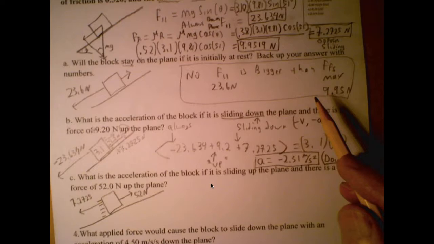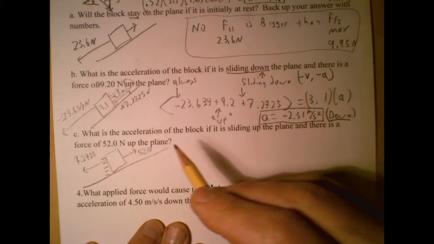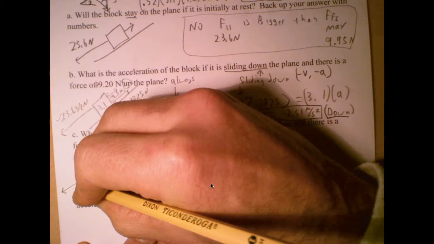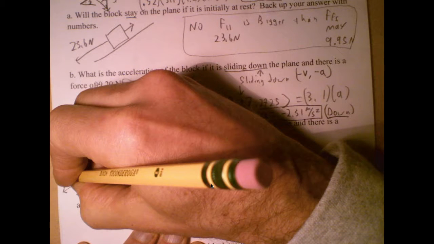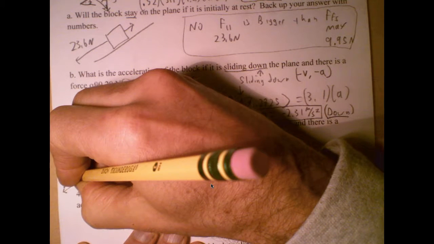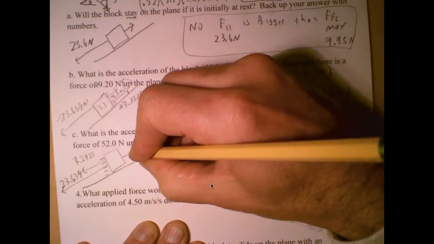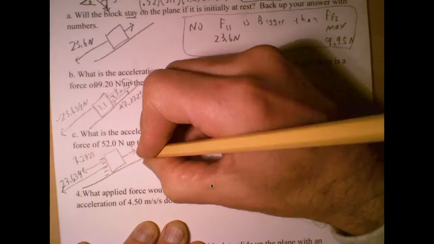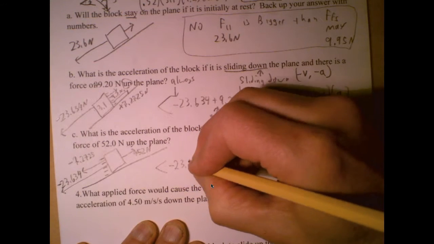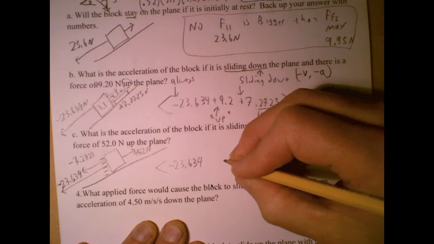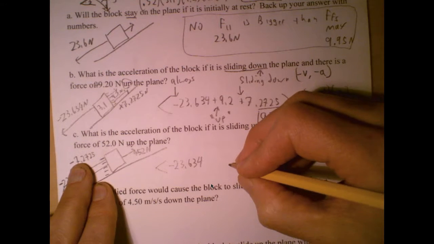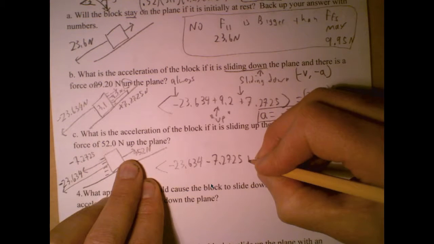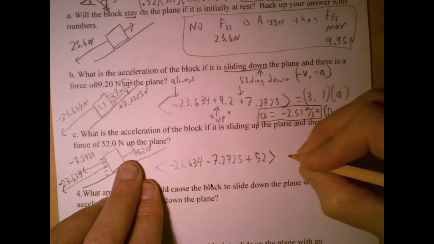Okay, let's go back to that. So that guy's down the plane, and then the parallel force is always down the plane, the 23.634. So 52 newtons up the plane, that guy's positive. This guy's negative. This guy's negative. And so our force equation looks like this. Minus 23.634. There goes my dog. Okay, and then we've got negative 7.2725. And then we have positive 52 equals 3.1